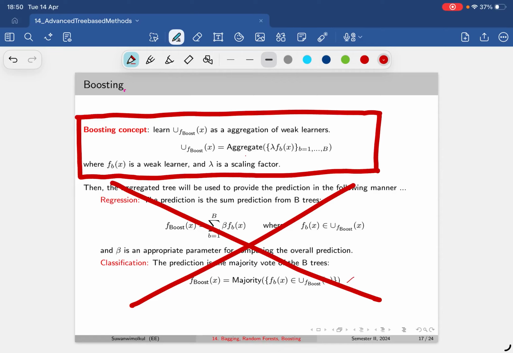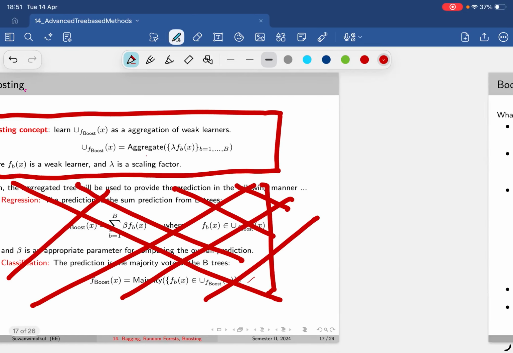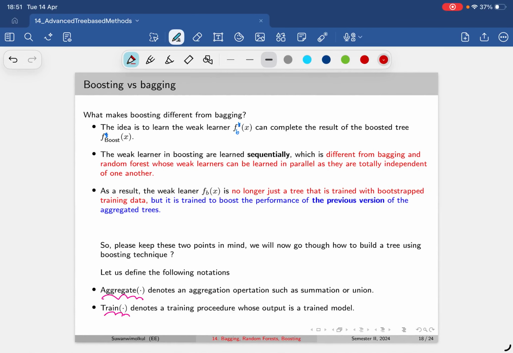So in the slide, these are actually my mistakes. They no longer use these two operations, like the majority vote or something. No, they don't do that anymore in boosting. And the thing is, it's very different from bagging. Boosting is different from bagging and random forest in the sense that they no longer do the subsampling. Everything in boosting is pretty much predetermined by the concept of gradient descent, which we will cover in